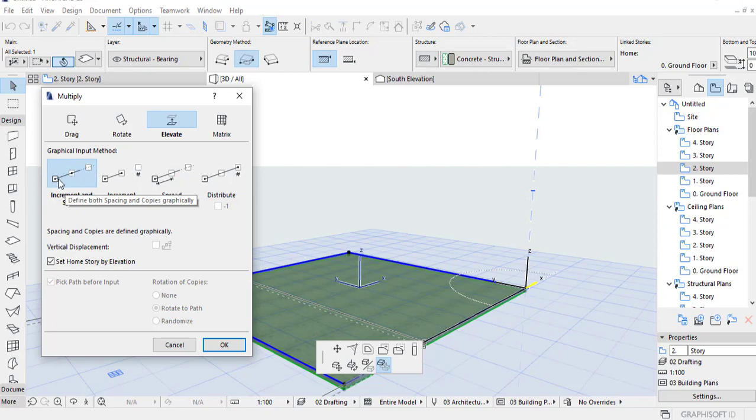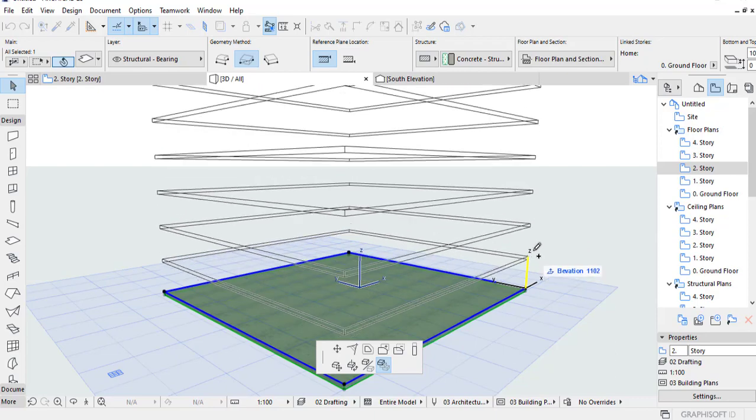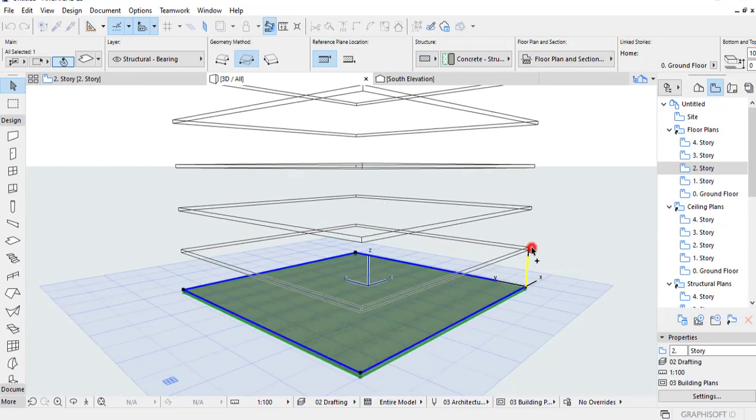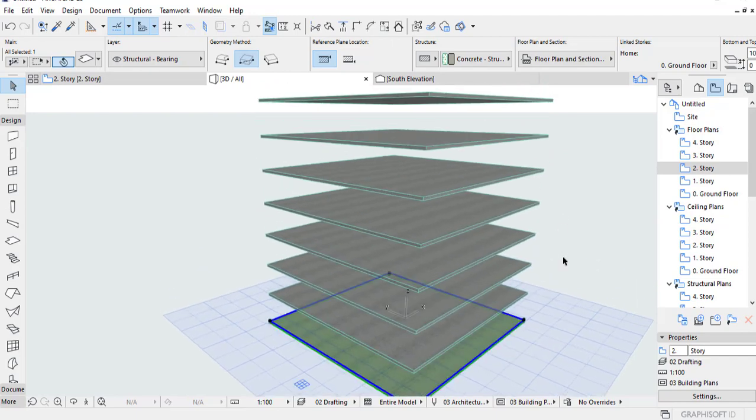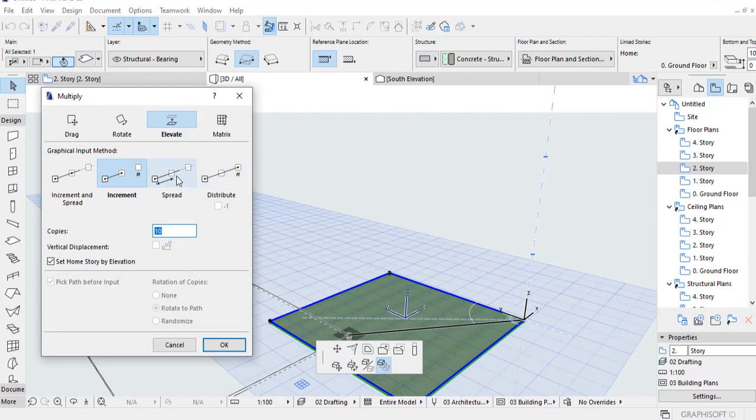So the first copy was defined visually by defining the increment, and the second copy was created based on the definition of the heights. The second option has an option to create number of stories, but again it's going to use the same option of defining an increment, defining a distance between the 2 slabs. So you define the increment first and then it will create 10 copies based on that increment. Okay. Third option is spread, where you are able to spread 10 copies.